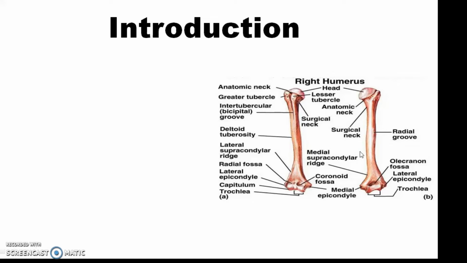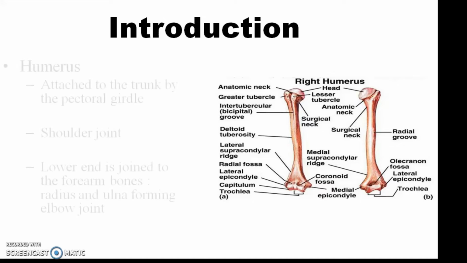You will identify this by keeping it in anatomical position. The coronoid fossa and radial fossa seen in the lower end will indicate the anterior surface, and only one fossa seen in the lower part of the posterior aspect, which we call the olecranon fossa, will indicate the posterior aspect. Another thing we have to remember is that if the head is directed medially, that is the anterior aspect, and if it is directed laterally, that will indicate it is posteriorly placed.